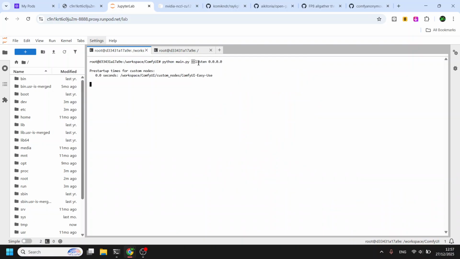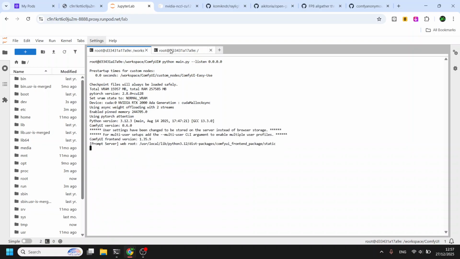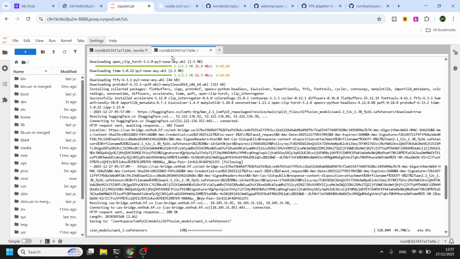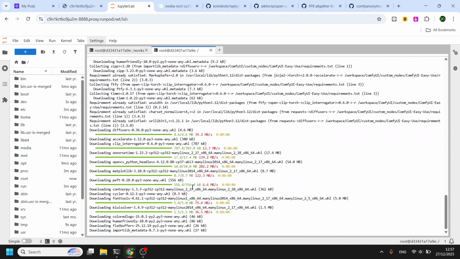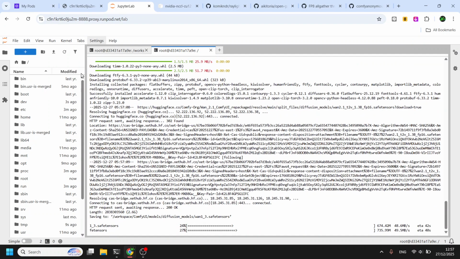If you're on localhost, you don't have to do listen 0.0.0.0. This is to open every connection to be able to connect to ComfyUI. You can leave this part out. Okay, the model is downloading.